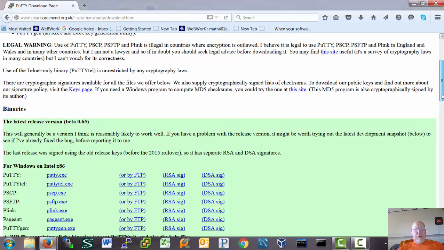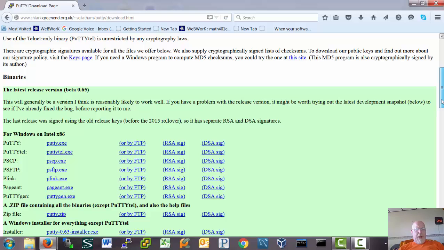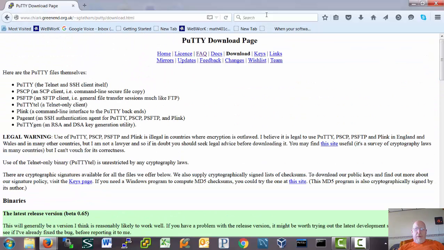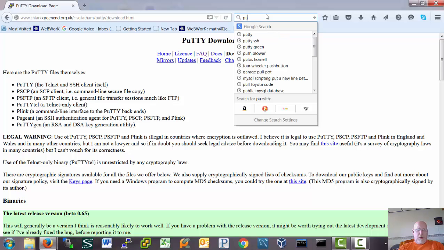For some of our projects, we're going to need to be able to transfer files from a Windows computer to a server. So I think the easiest way to do this is to use PuTTY. So if you go ahead and do a Google search for PuTTY